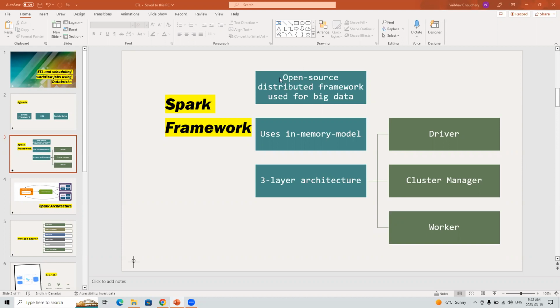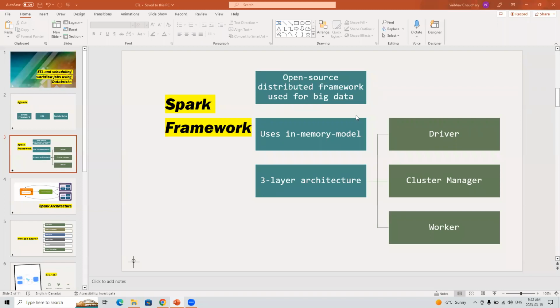So that's why this distributed framework comes in picture. So imagine you have a line of laptops, like maybe 5 or 10 having 128 gigabytes of RAM, and the data is getting distributed among those laptops. And I should call them nodes actually. So those are called nodes, to be very technical with you. So those nodes are having 128 gigabytes of storage, as in RAM, which is random access memory.